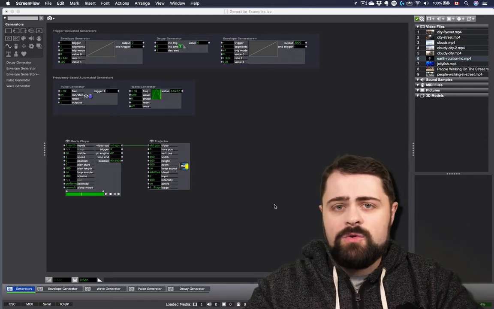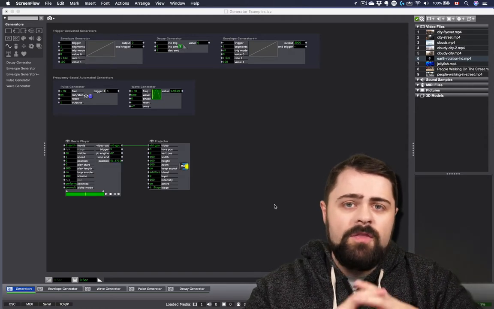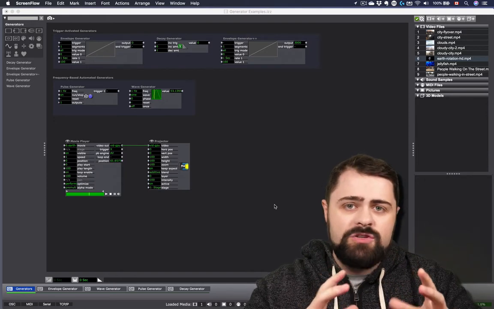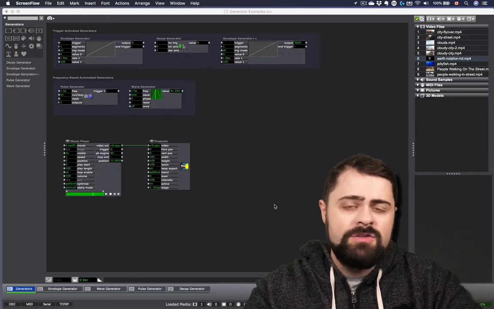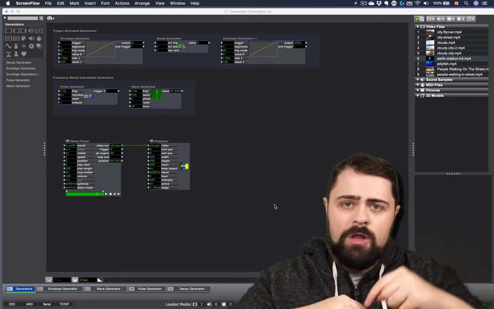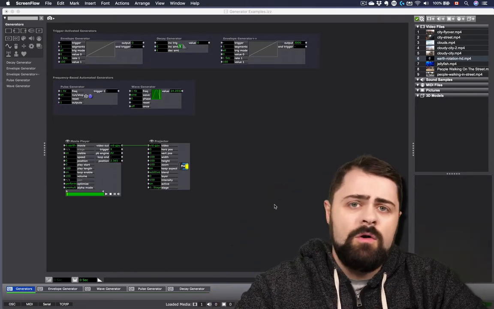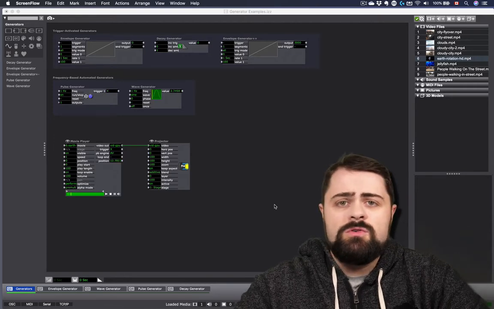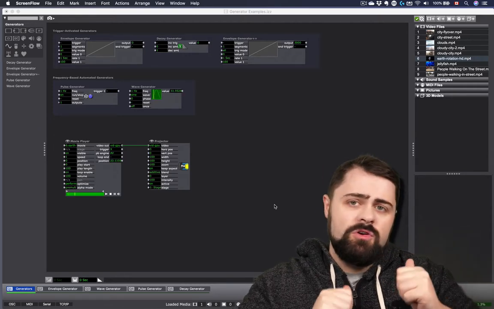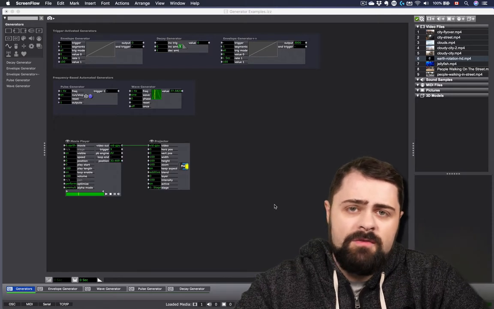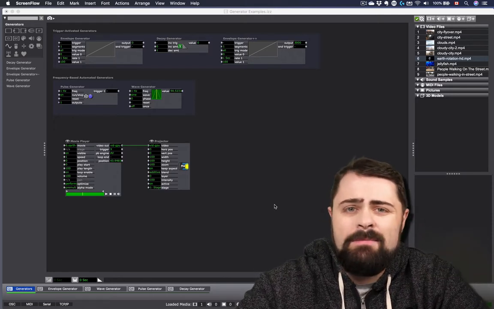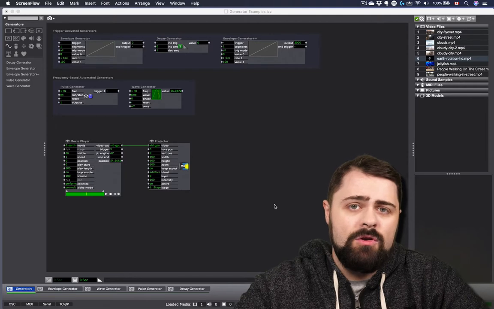In addition, I've also included a small example file that shows some of the small patches that I built with the generator actors that you can find in the links below. I'm also going to be using some of the media files from the earlier Isadora 101 videos, so if you do want to use those and follow along, check out some of those earlier videos where you can download those video files too, or you can use any media files that you might have in your own collection.